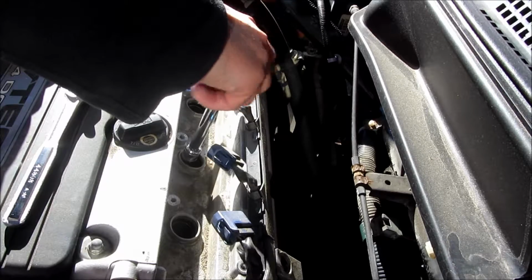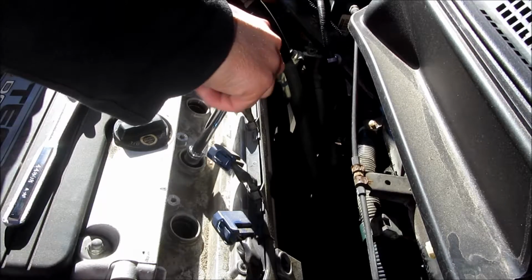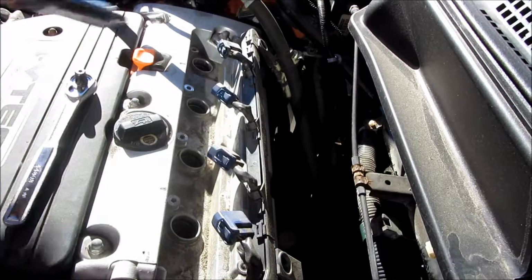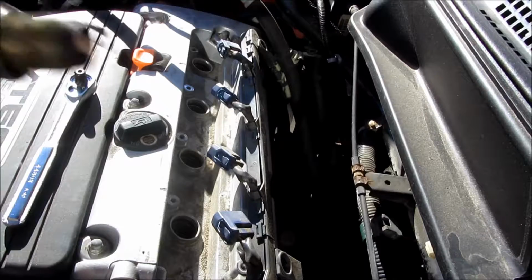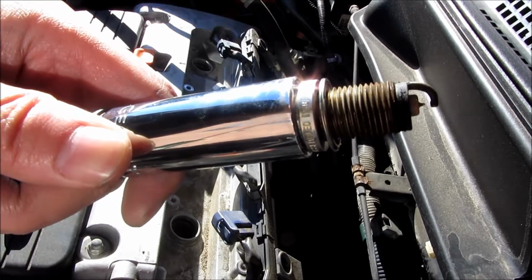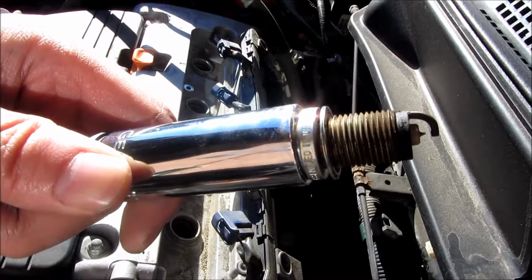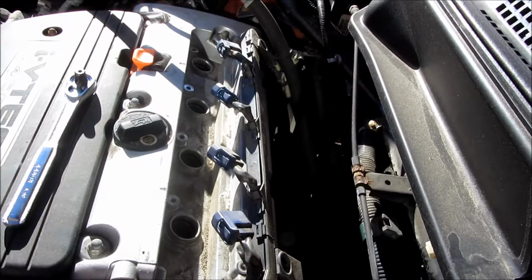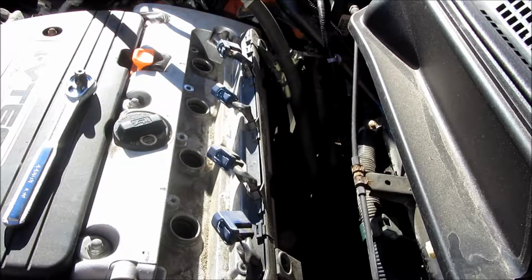So as you're turning it, it's not as smooth as you think, and because you can't visually look at how tight it is, it's very hard to judge just by feel how tight you actually did it. I tried to tighten it. I figured I would be moderately tight as I can, but unfortunately I wish I did get a torque wrench,